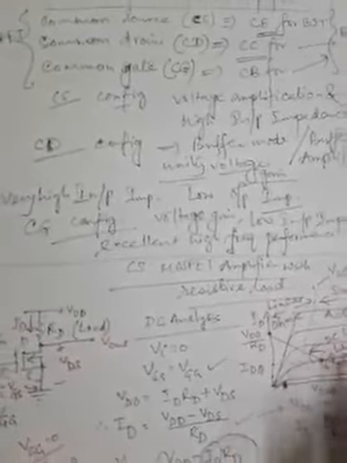The Q point, starting from here, when VGG is equal to just the threshold value, will move towards the upper side along this load line. It will go on doing this till it reaches this point, and this point is nothing but the boundary, the demarcation line between the linear and saturation regions. If VGG is increased further, the Q point will go inside the linear or ohmic region.